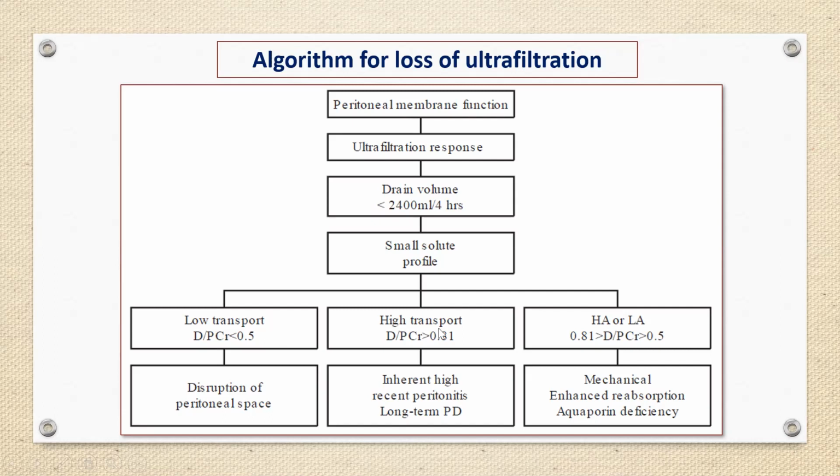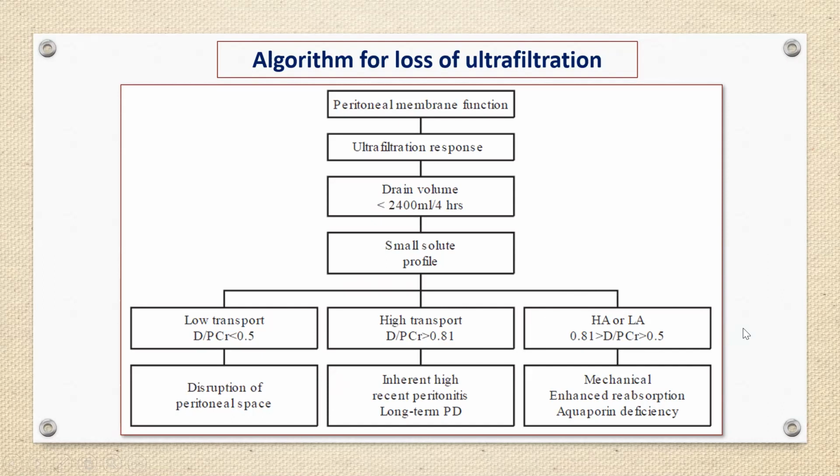In the high transporter, the D/P ratio of creatinine is more than 0.81, and it is inherent, or high after recent peritonitis, or the patient is on chronic PD. High average or low average transporters are between 0.81 and 0.5, and there is a mechanical cause,